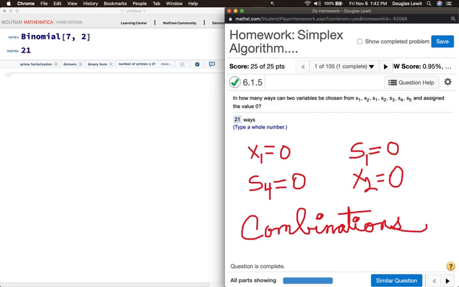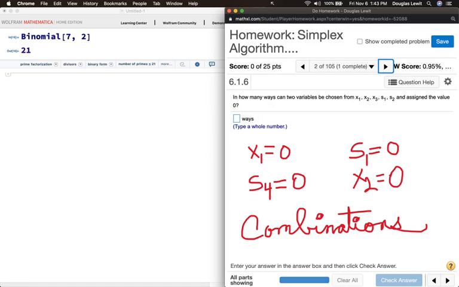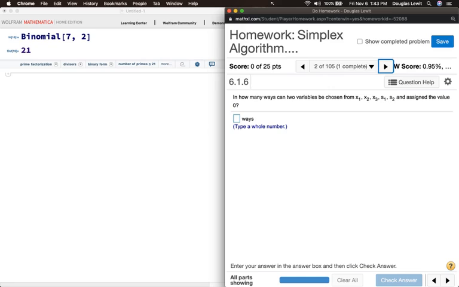That's basically how you do this problem. The next problem is really the same. Let me just eliminate what I wrote. In how many ways can two variables be chosen from x1, x2, x3, s1, and s2 and assigned the